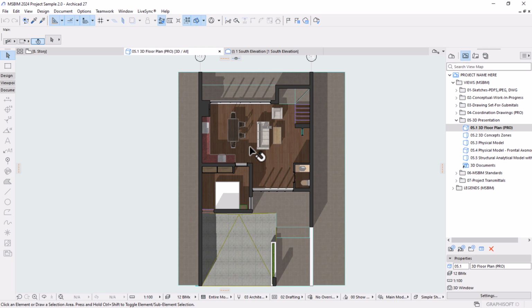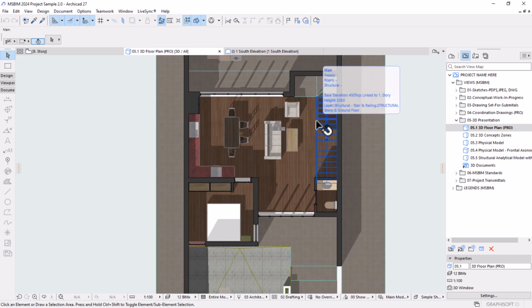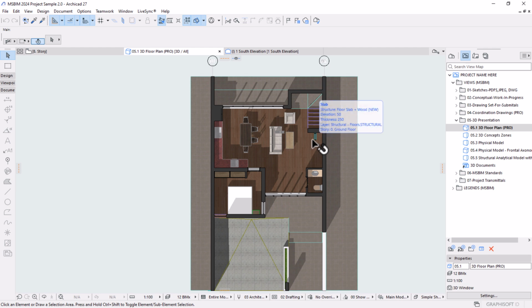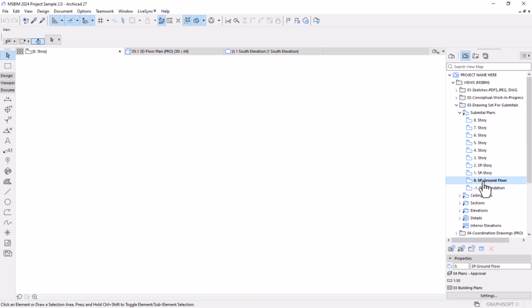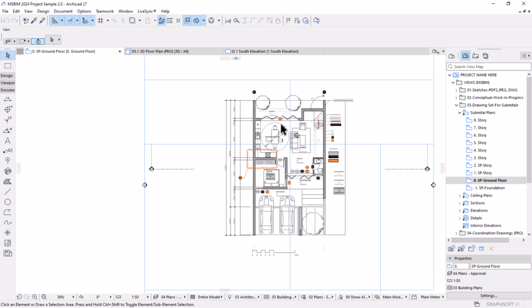So what you need to do here is just model within your stories and your views, and then automatically this will be extracted. This is fascinating because you don't have to think about going through all the settings of creating this kind of presentation. You're just going under your views and then produce your project, and then this will be sorted